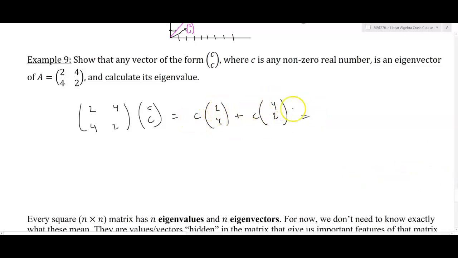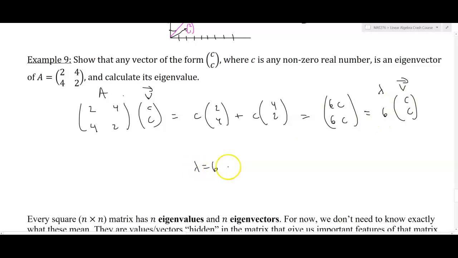I get 2c plus 4c is 6c, and 4c plus 2c is 6c, and already I can see that I could factor out a scalar of 6. Therefore, this is an eigenvector, this is the lambda, and it's the same as the vector that went in, just scaled by a factor of 6. So lambda equals 6 is the eigenvalue